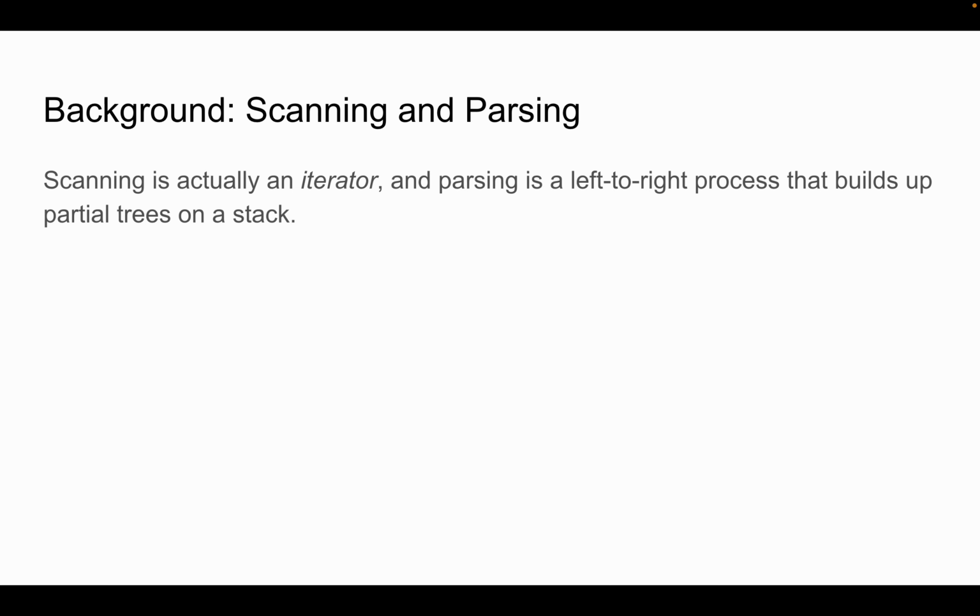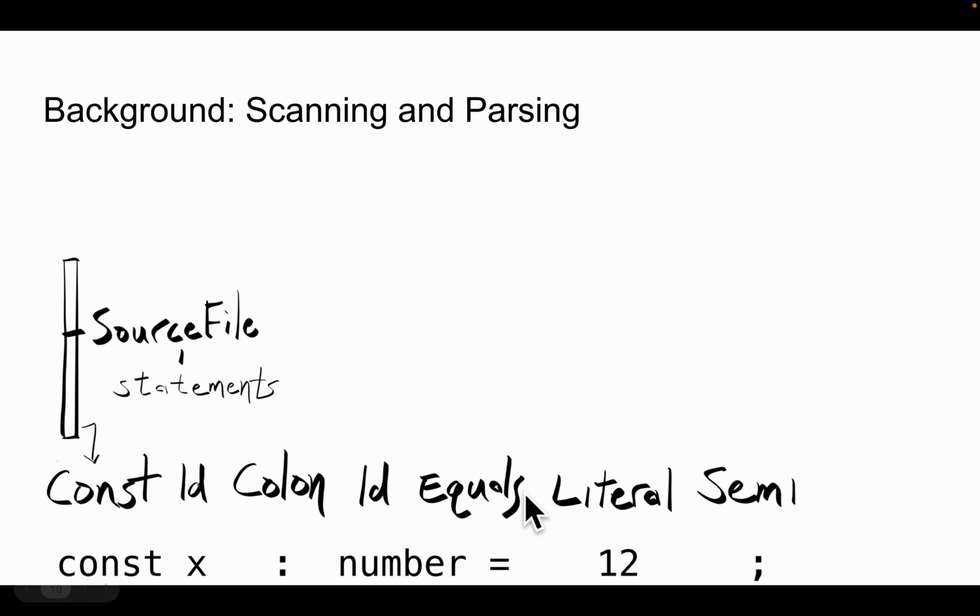Another interesting point is that scanning is actually an iterative process. Although you could create a list of tokens, it doesn't. And parsing actually is iterative as well. It's a left to right process that scans along a string. Well, not a string. It scans along a list of tokens and produces partial trees until at the end you have a complete tree. But it never actually looks at the entire token stream. What it's going to look at is a single token, the next one in the iterator, and based on where it is and what it's looking for, it will decide what to do. So it's making decisions based on its current context,